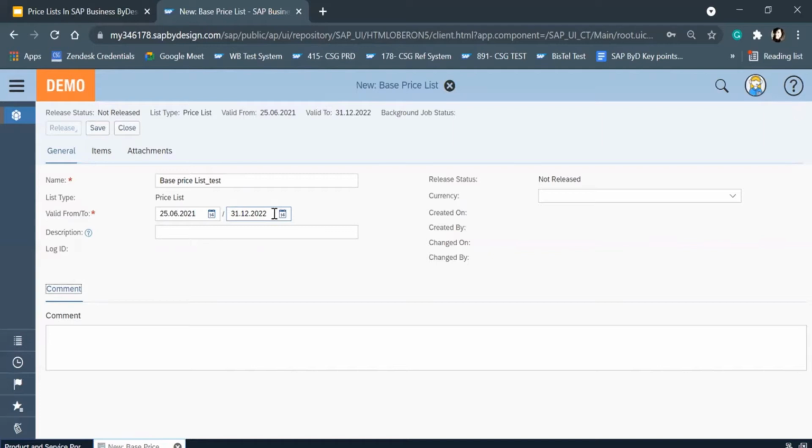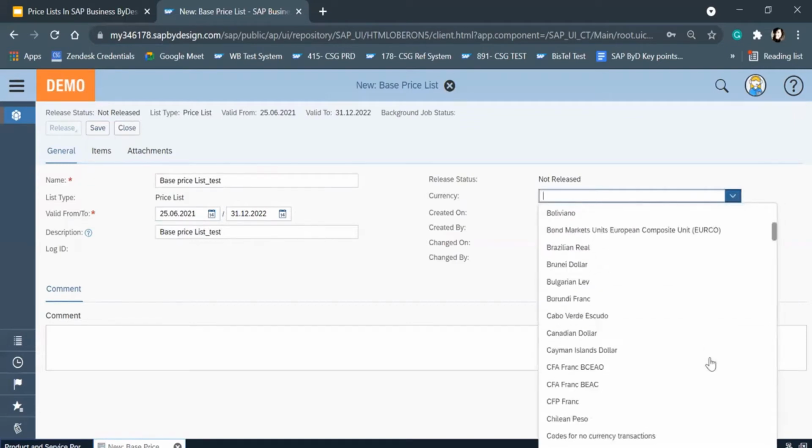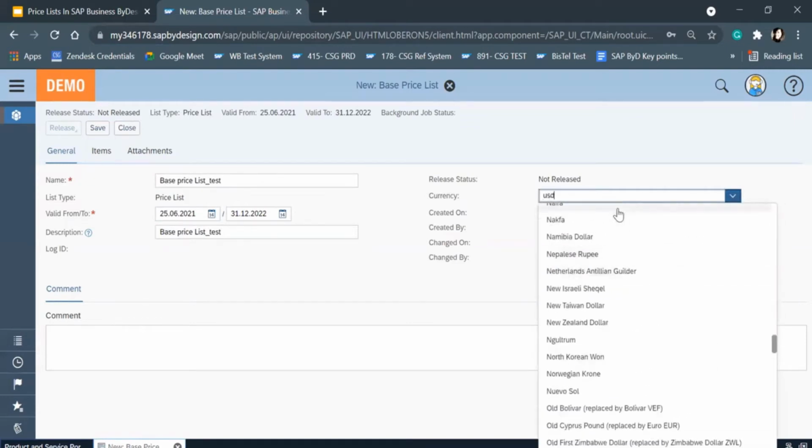If there are any changes that you want to make for 1 year, then we can just mention the 1 year date here. It's 1.5 years here. Here we can choose the currency that is going to be used there. I'll take US dollar here.